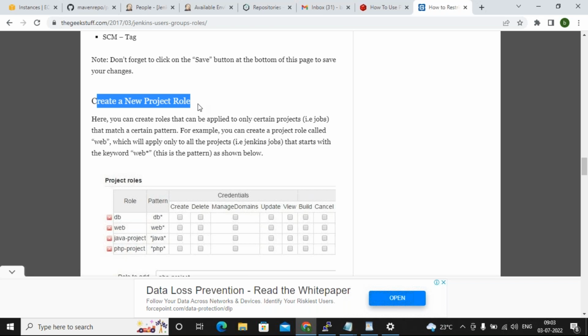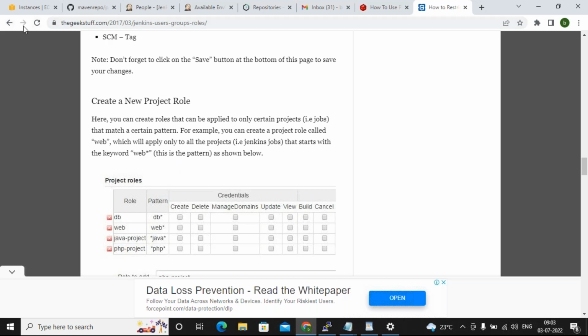See, new project role: you can create roles that can be applied to certain projects. If you follow this document, you can find out for which job we can provide access to which user, not for all jobs. Because normally you will get access to all the jobs. Instead of that, I can give a particular job name. Project name means job name. So please try to implement it.